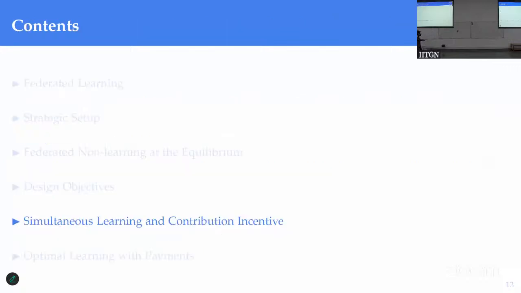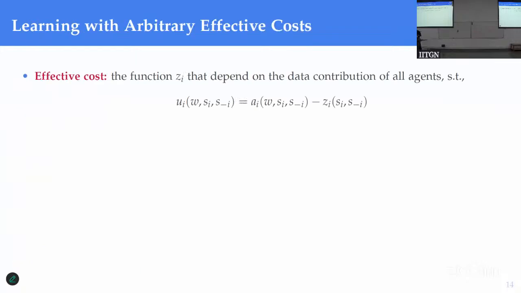So, simultaneous learning and the contribution incentive. For this, we are going to introduce a notation called Z_i, which we are calling an effective cost. Why is it defined in this way? Earlier we showed that the utility is just the accuracy minus the cost. Now we are calling it an effective cost because we can potentially add payments to it, and once we add payments, we can either